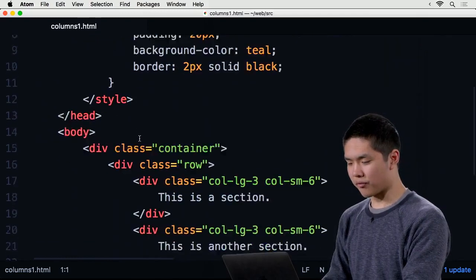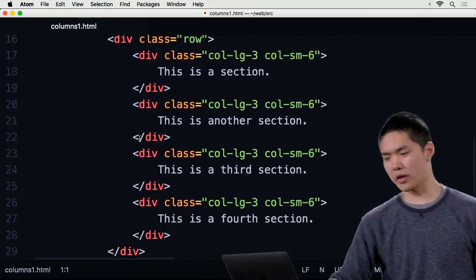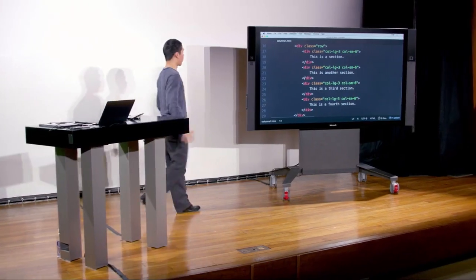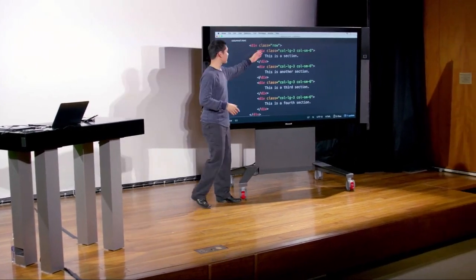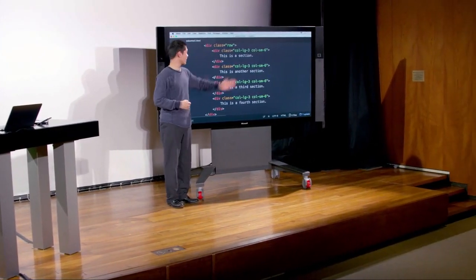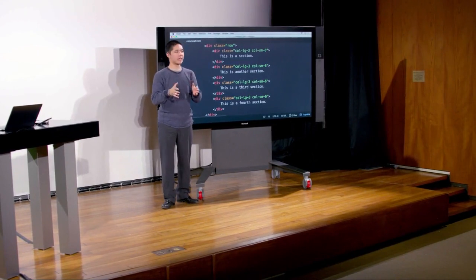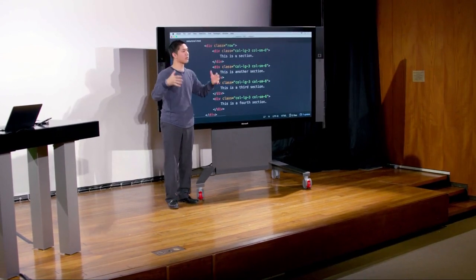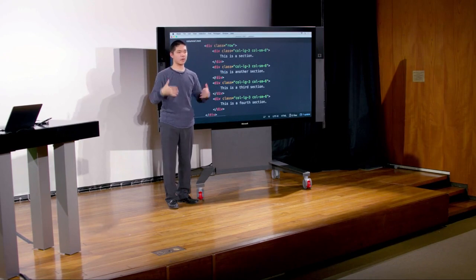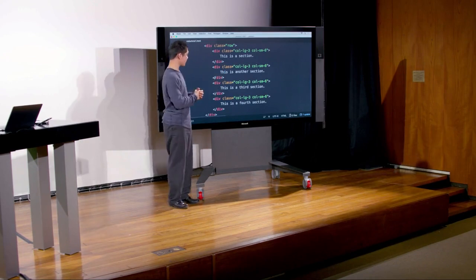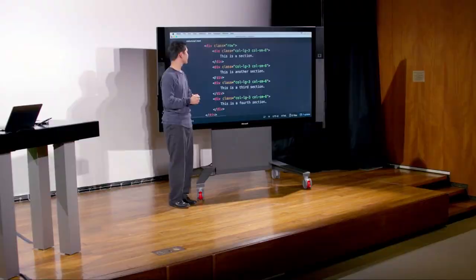columns1.html. This is very similar, almost the same, with a couple of changes inside the row. Before, every div inside my row had a class of col-3, meaning we want this column to take up 3 out of the 12 possible columns present in the Bootstrap grid layout. In this case, I've done something a little more sophisticated. I said